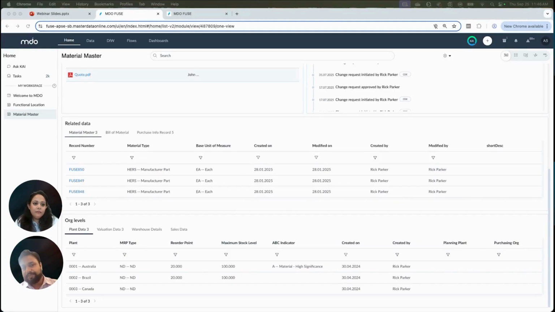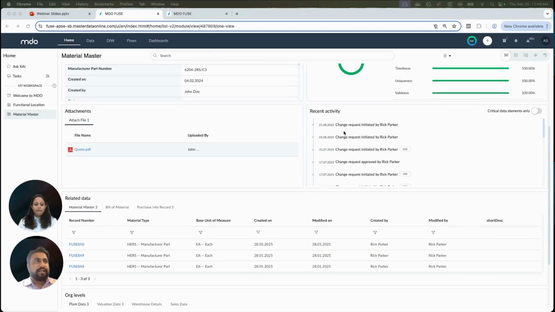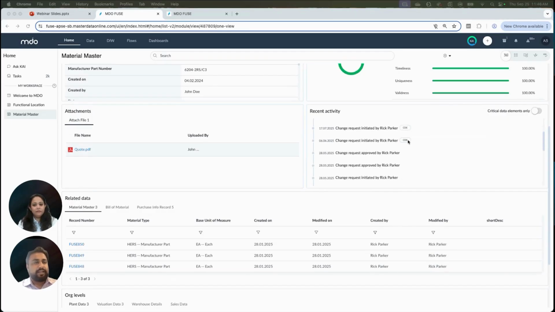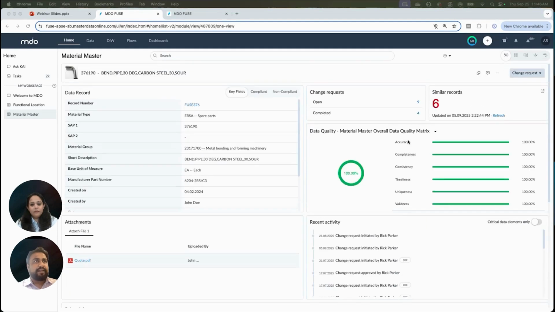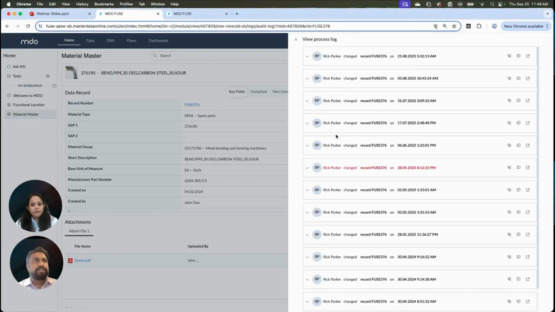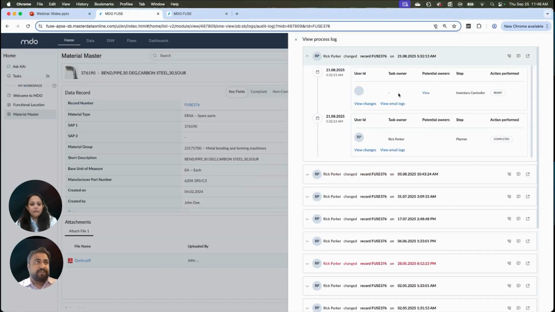That's a good one. So yes, in OneView, it gives you the full history of when and how this record was changed, even tagged with the CD information. And then you have the option of viewing the process logs, which gives you the overall information on when this record was changed, by which user it was changed, all the steps within that particular process, and even the option to see what changes were done by the user. So this is basically the compliance process of showing you the audit history and tracking every field level change done by the users through a particular process.